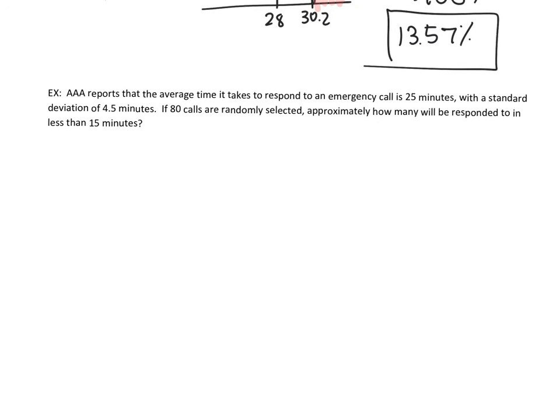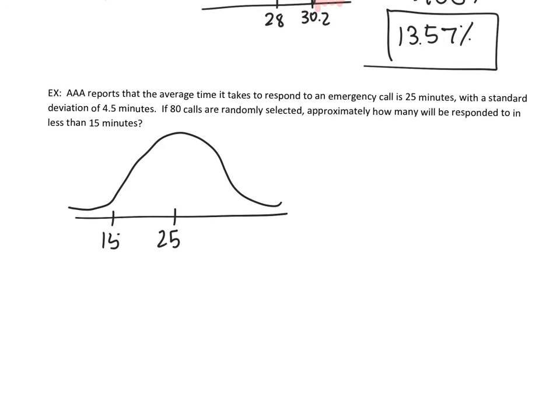So next, AAA reports that the average time it takes to respond to an emergency call is 25 minutes, with a standard deviation of 4.5 minutes. If 80 calls are randomly selected, approximately how many will be responded to in less than 15 minutes? So we need to find our z-score. So we have our normal distribution with our mean 25. We want to know the percent that will be responded to in less than 15 minutes. So we want to find the area underneath